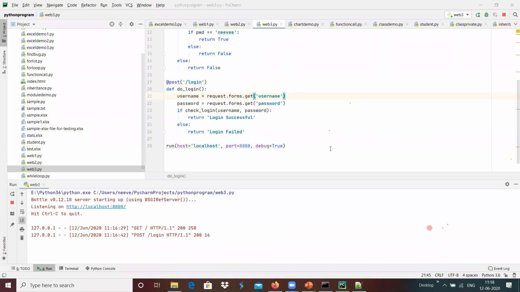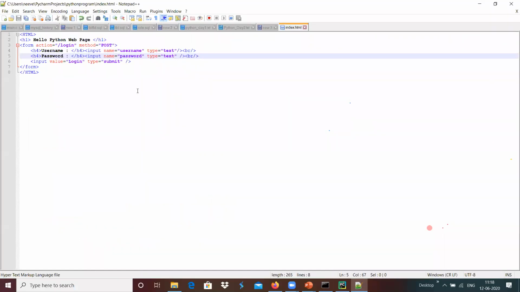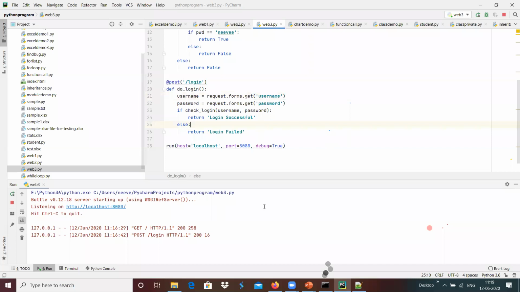We get the username and password when the user types their own. What I mean is that we have already defined in the HTML page the name of the input as username, which is a text format, and whatever username is typed over here will be received with the help of forms.